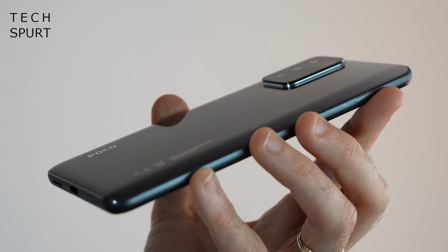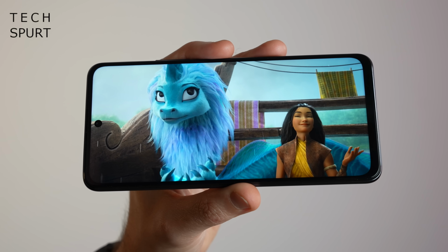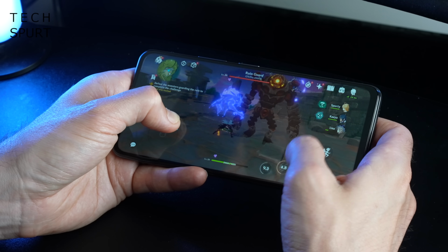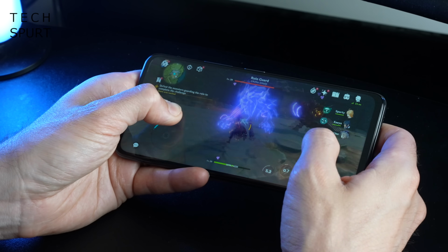And the Poco X family sits somewhere between the super affordable M3 phones and the super powered F3, offering enough grunt and a respectable set of features for fairly demanding users on a bit of a budget. But is the Poco X3 GT actually worth sticking your SIM inside of? Well, I've had my own personal SIM in this bad boy for about a week now, so here's my full